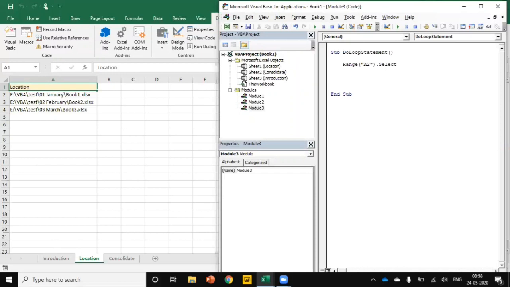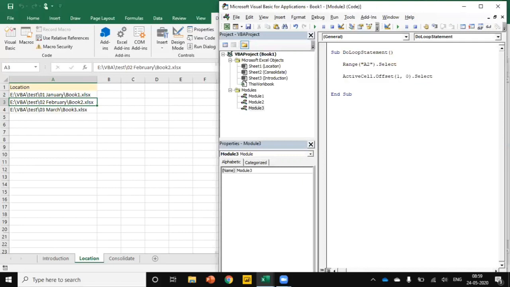From A2, I want to select the next cell. For selecting the next cell, we used a method in the last video. I'm going to use ActiveCell.Offset(1, 0).Select. If I press the F8 key, A2 will be selected and then the next cell will be selected.